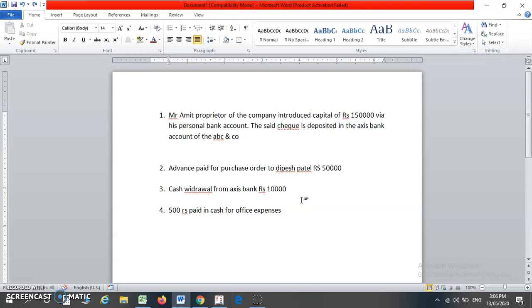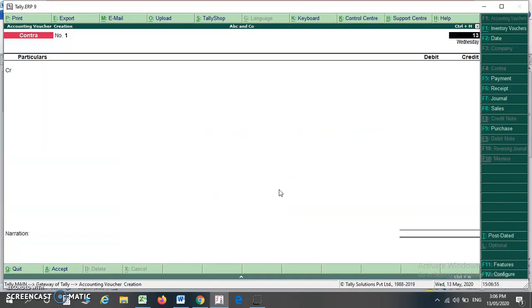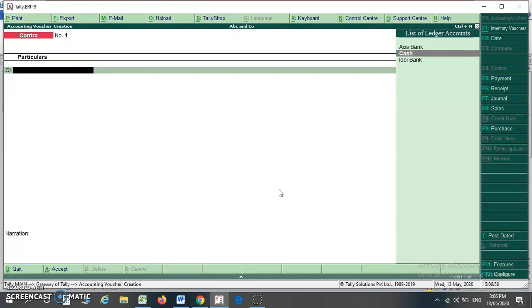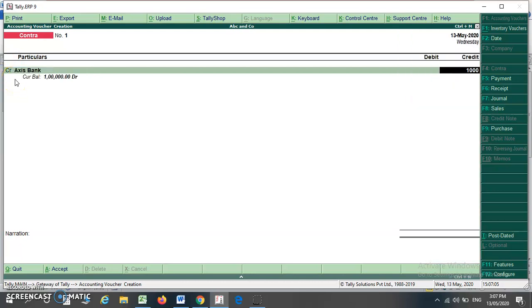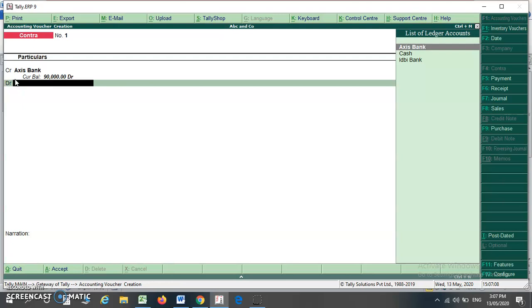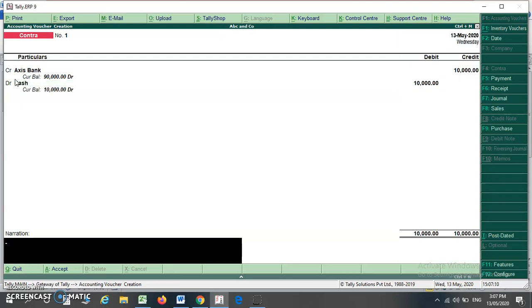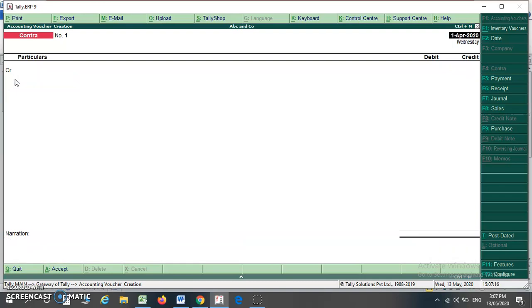The cash is coming, so the cash account is going to be debited and the bank is reducing, so the bank is making a payment, so the bank account is going to be credited. So what is the entry? Cash account is debit to bank account. So here you have to write your date. Cash account, here there is an option for crediting the account. So whose account is credited? Axis Bank account. Whose account is debited? Cash account. Here you can write your check number. In this way you can make your contra entry.